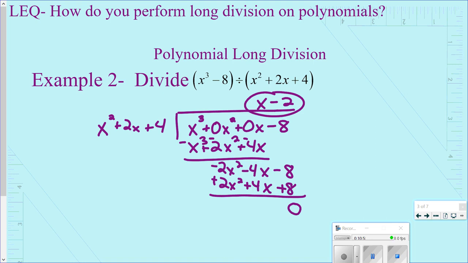Now, if you think about that, you actually already did know that x minus 2 and x squared plus 2x plus 4 were factors, because look at this. This is difference of cubes. We know how to factor difference of cubes. Okay, so